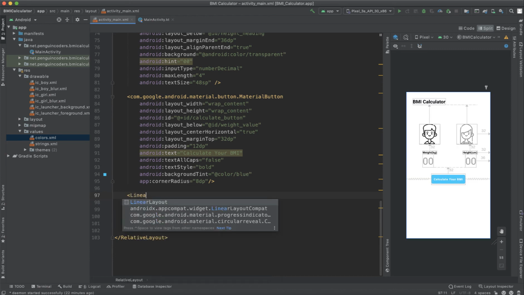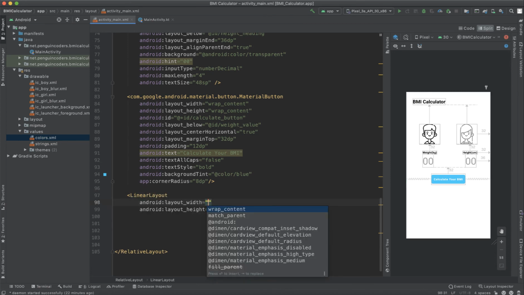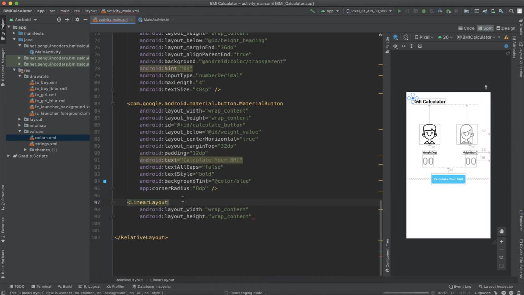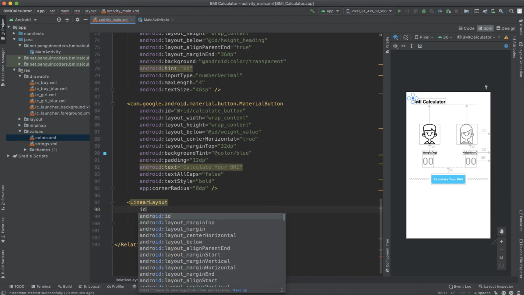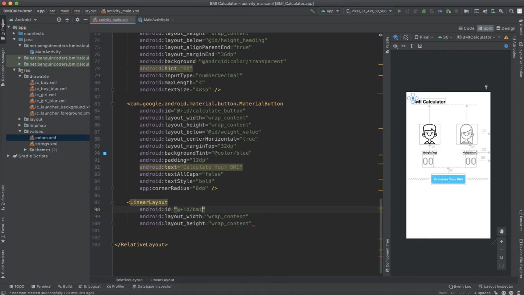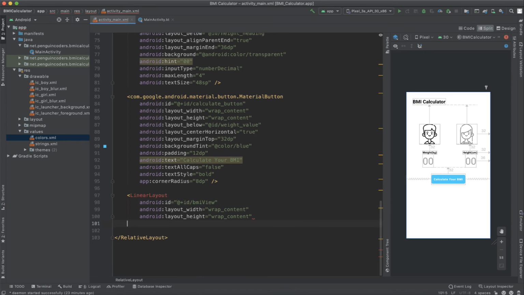So linear layout, and layout width would be wrap content, height would be wrap content. And now we will also have to give an ID to our linear layout. So ID equals +id/BMI view. This BMI view would contain the BMI value, the BMI status such as normal, overweight or underweight, and then a text saying calculate your BMI again.